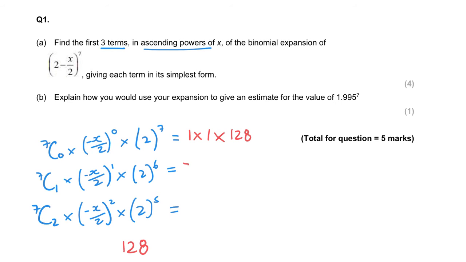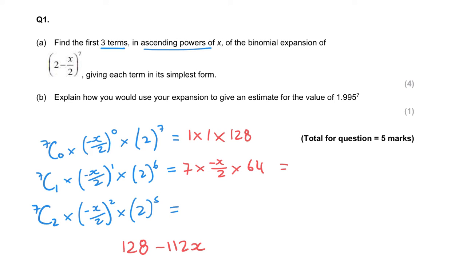Then 7C1 is 7 times minus x over 2 times 2 to the power of 6, which is 64. Okay, so now I can multiply that together. 64 times 7 divided by 2. And remember, it's a negative, so we're going to get negative 112x. Then